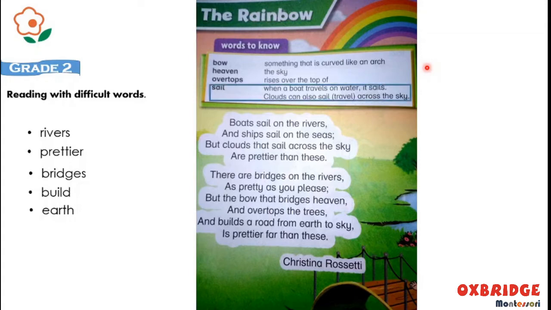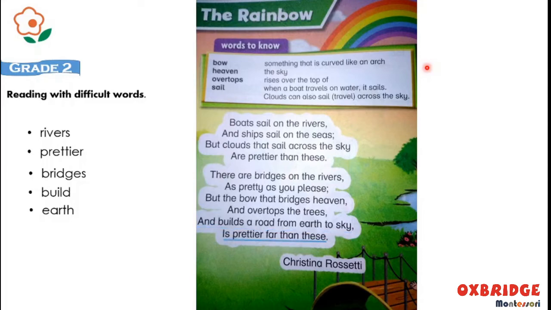Let's start reading. Boats sail on the rivers, and ships sail on the seas. But clouds that sail across the sky are prettier than these. There are bridges on the rivers, as pretty as you please. But the bow that bridges heaven and overtops the trees and builds a road from earth to sky is prettier